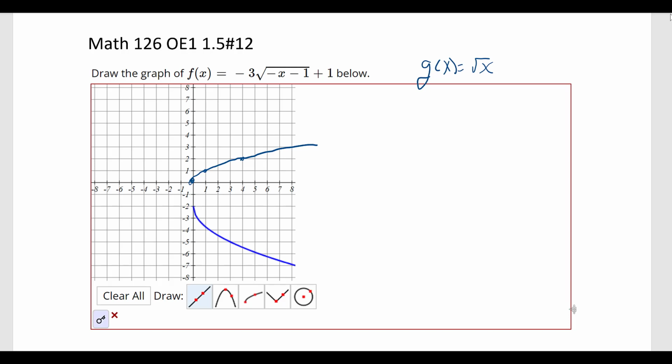On this graph that goes up to 9 for x. And then you think about what's happening to it. So you got the plus 1, so it shifts it up by 1. In fact, before I do that, let's talk about this negative 3. The negative is going to make it reflect below the x-axis, as we see here with this one. And this negative 1 is going to shift it to the